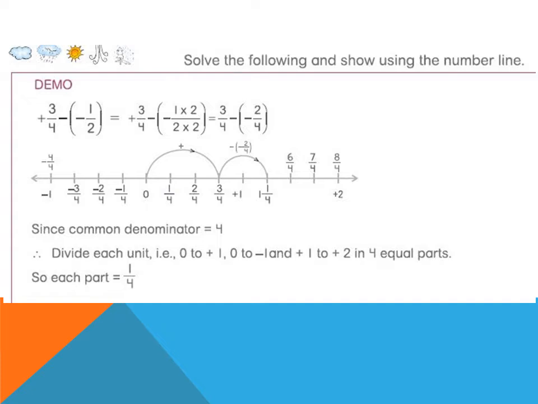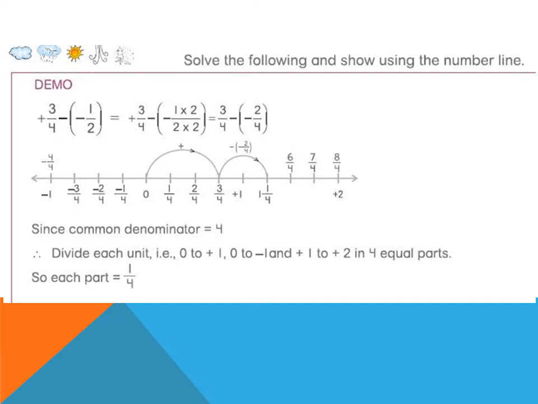Now in the next module, we have to solve the following and show the answer using the number line. Look at the demo. Plus 3 by 4 minus within bracket minus 1 by 2. We have to do this using the number line. So first of all, we will make both the fractions into like fractions. That means plus 3 by 4 as it is, minus within bracket minus 1 by 2,